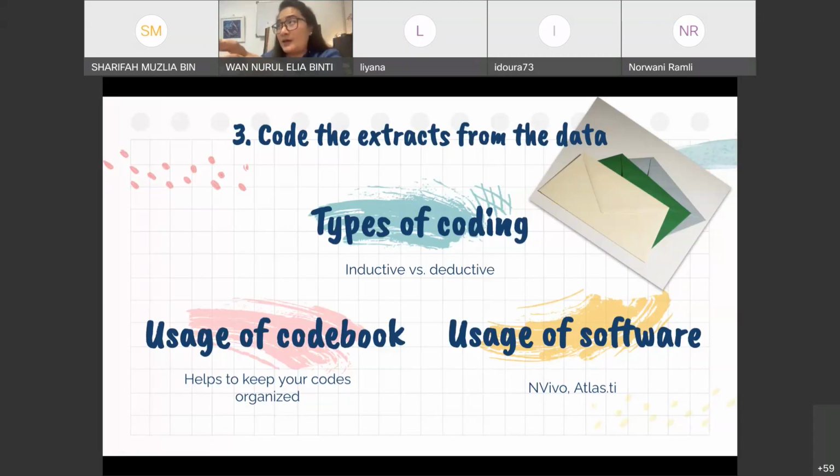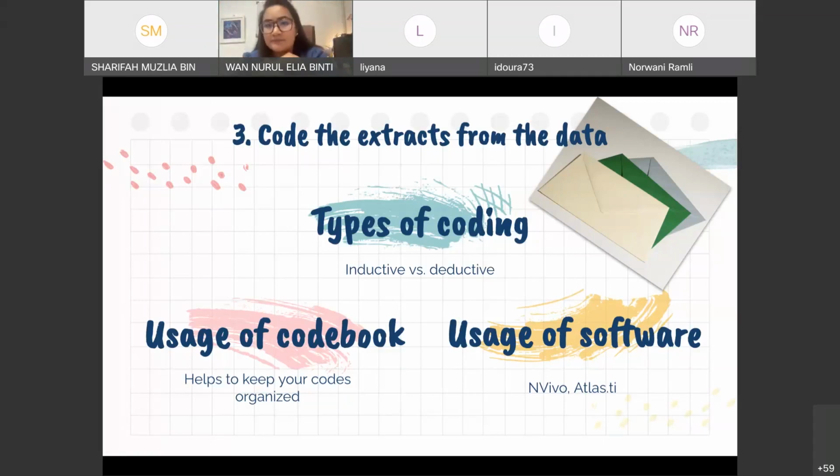So how do you decide on this preset things? It goes back to your literature. So if, let's say, from your reading, you know that for your research topic, there are 5 things that you can look out for. 1, 2, 3, 4, 5. So you can use these 5 things. And when you go through your data, you look for all these 5 things. So let's say types of activities. The teacher mentioned group work. Then you highlight group work. Then you straight away assign types of activities. Okay, so that is deductive.